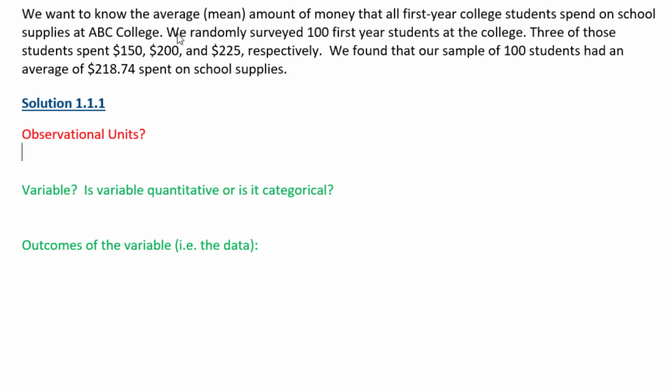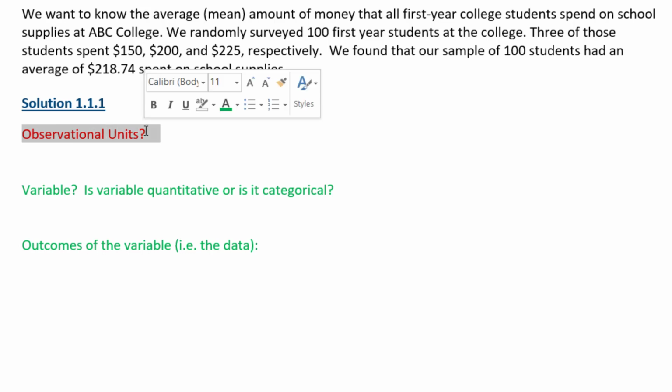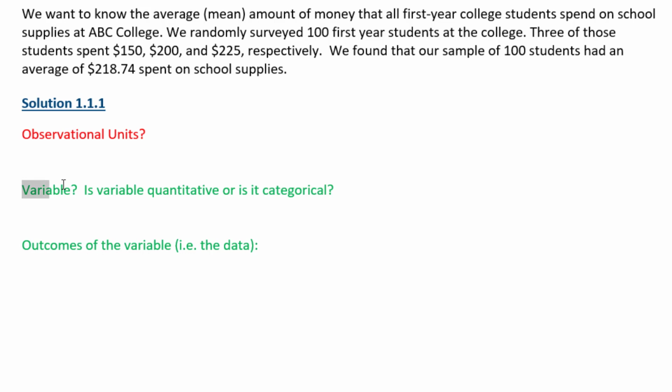So we go out, we randomly survey 100 first-year students at that college. 3 of those students, for example, spent $150, $200, and $225. We found that our sample of 100 students had an average of $218.74 spent on school supplies. So in this problem, we're asked to identify what are the observational units in this study, what is the variable,